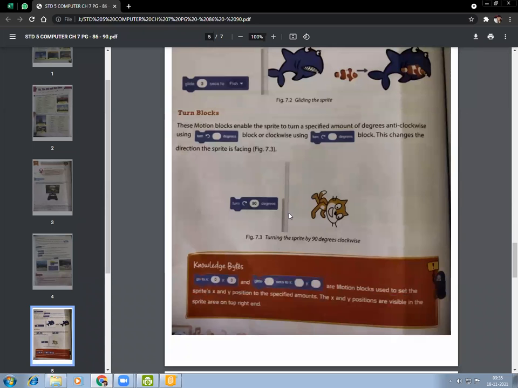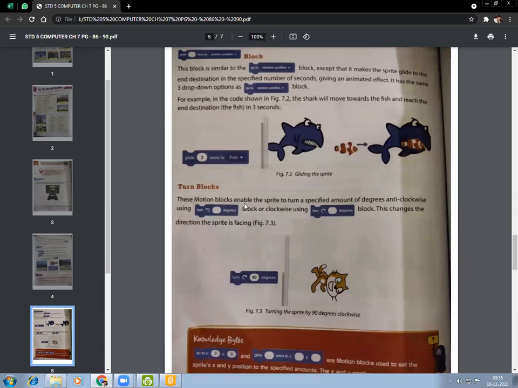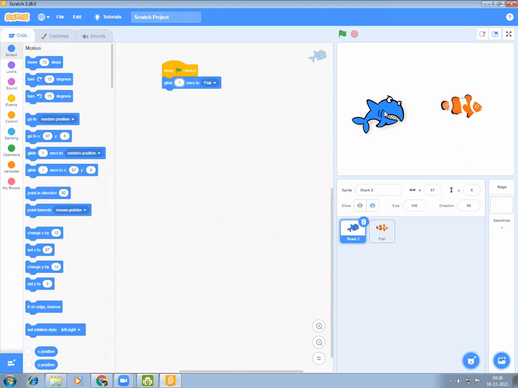Turn blocks. These motion blocks enable the sprite to turn a specified amount of degrees anti-clockwise using the turn degrees block, or clockwise using the turn degrees block. This changes the direction the sprite is facing. So basically it is used for changing the direction of the sprite.